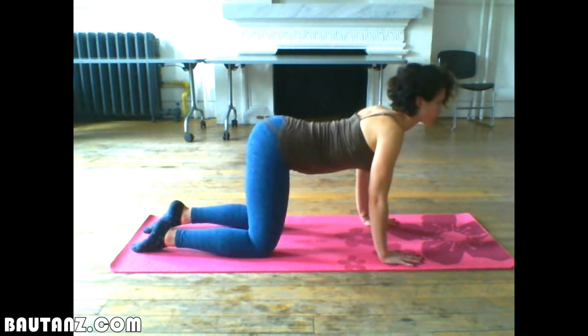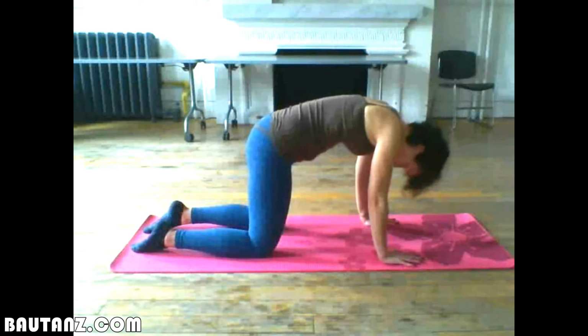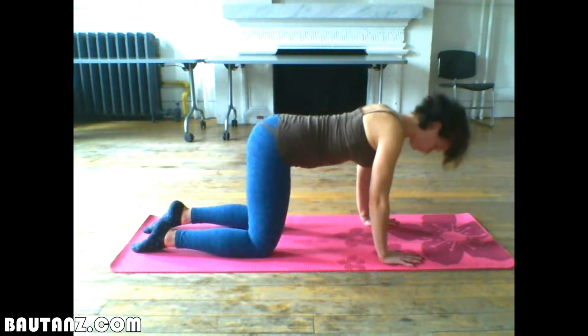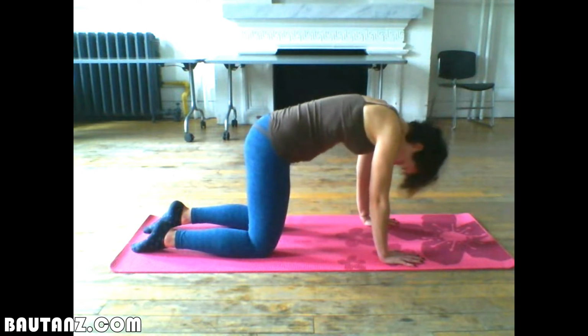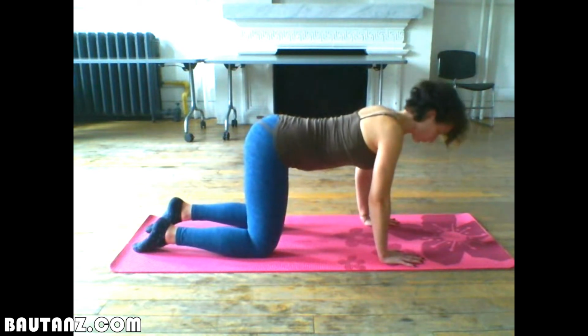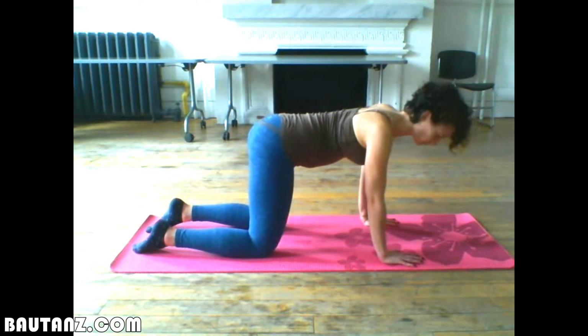You don't need to copy exactly the movement that I am doing in the video. Just make sure that you are creating a shape in your spine that feels good. You don't need to replicate the shape that you see. Just move following your breath, following the tempo of your breath, and noticing how the upper body is moving along with the lower body. You can repeat the exercise as many times as you feel that you need to,